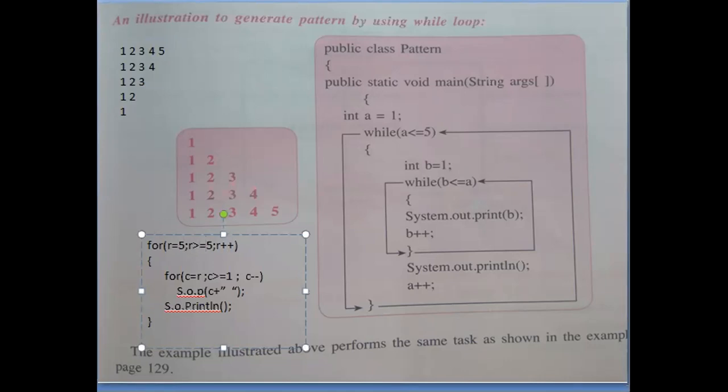So I start from 5. I say R is greater than or equal to 1, R minus minus, because the pattern base should decrease. The first time the inner loop should repeat 5 times, whereas the next time it should repeat only 4 times. And the number should start from a constant 1. So it is C is equal to 1, and C is less than or equal to